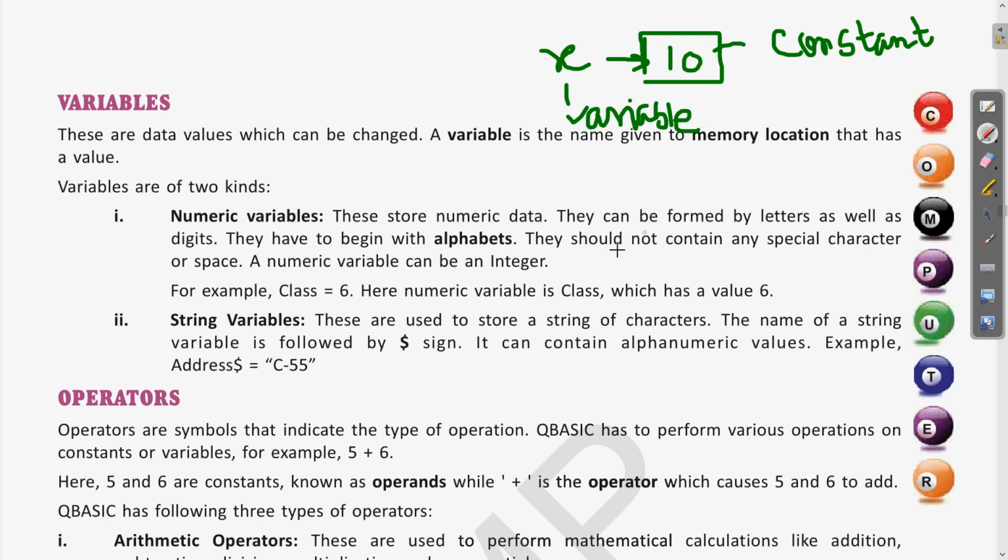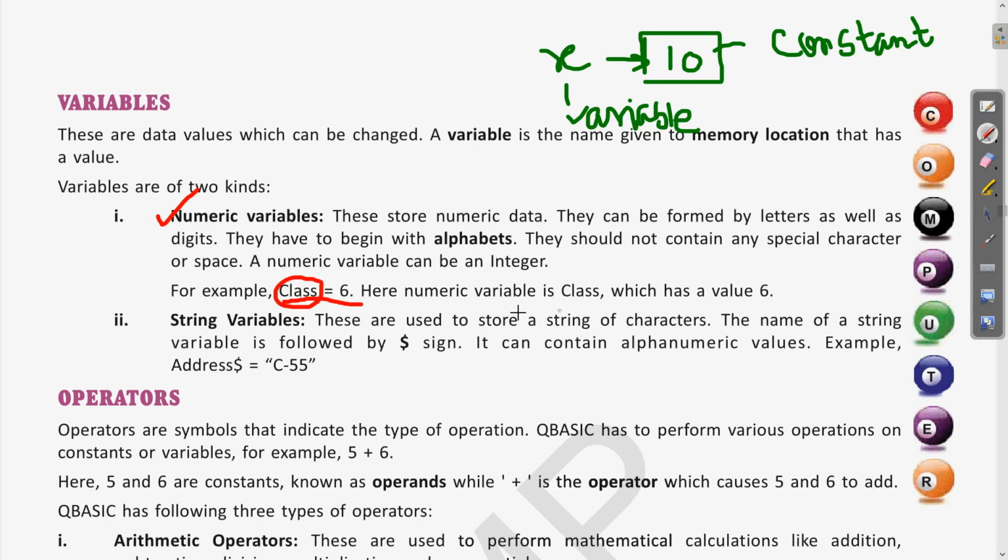These variables are also of two types, numeric variables and string variables, clear. Numeric variables save numerical values. For example, if you write class is equal to 6, then class is a variable because it is holding a numerical value, clear.